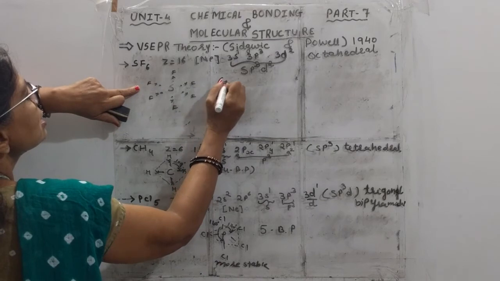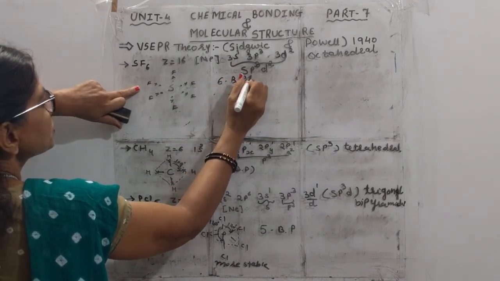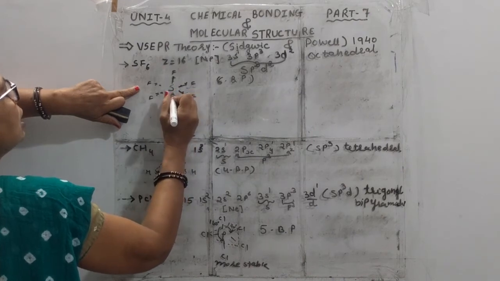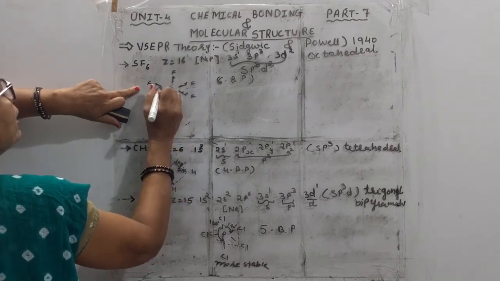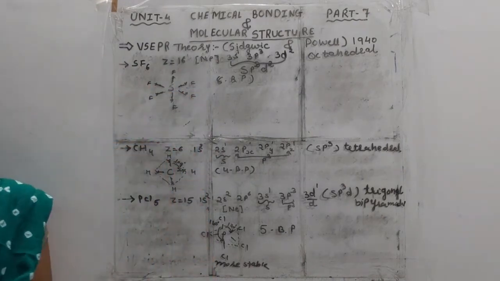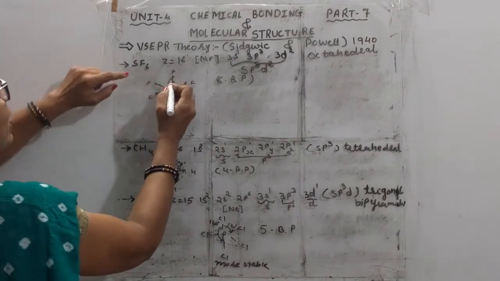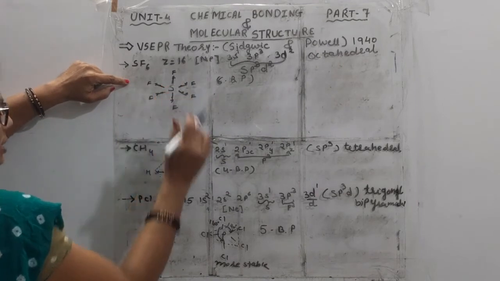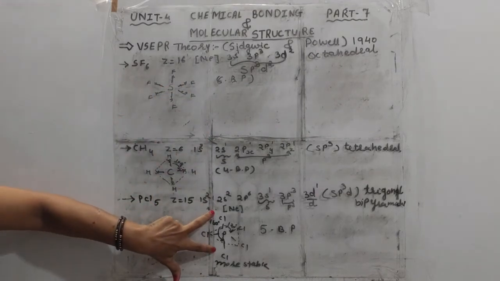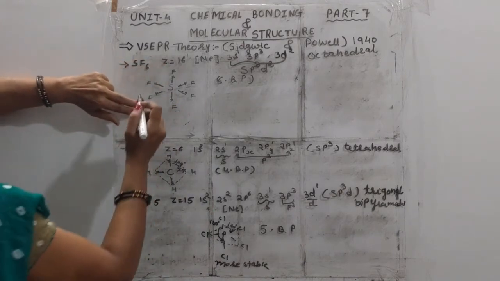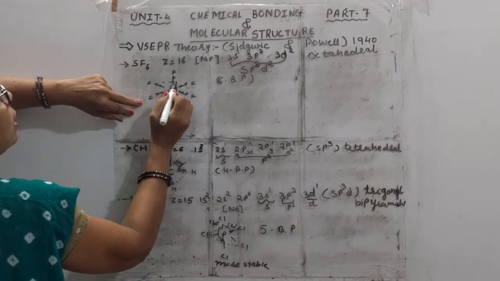So 6 bond pair: 1, 2, 3, 4, 5 and 6. Thus you will get an idea here clearly, students. These two are the axial position. Same way as we saw here both the chlorine are at the axial position, here both the fluorine are at axial position, and